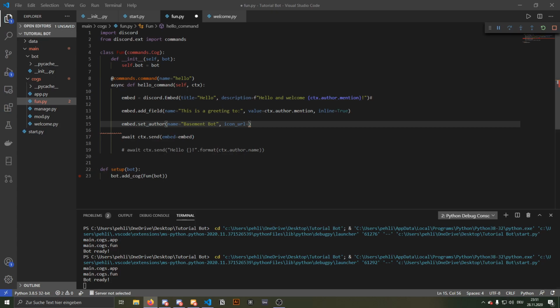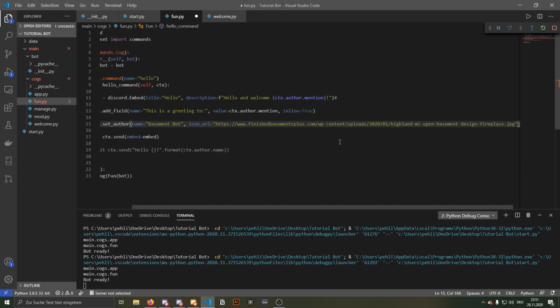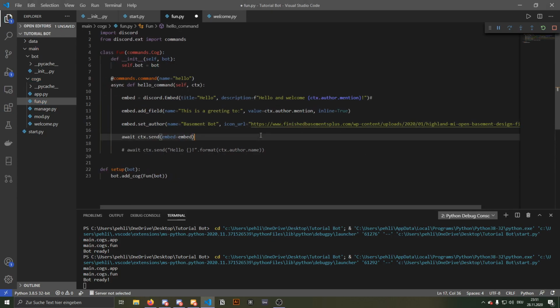Let me search for some image here. I didn't prepare anything. I'm just taking a picture of a basement, so I'm going to copy the address of it and put it in double quotes here. What will happen then is if we just restart it for a second,